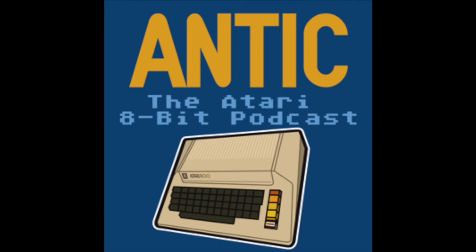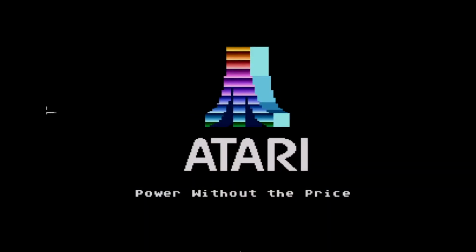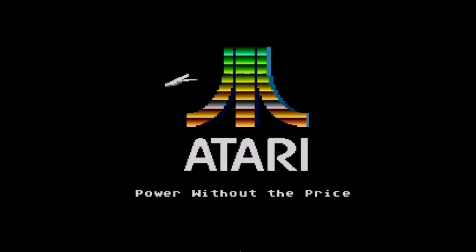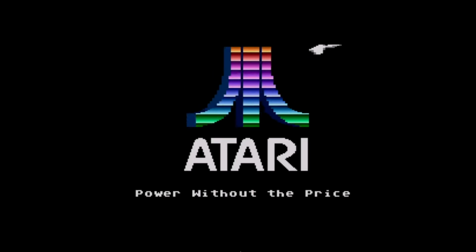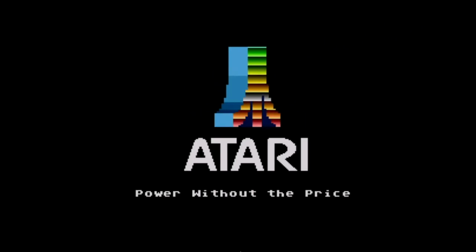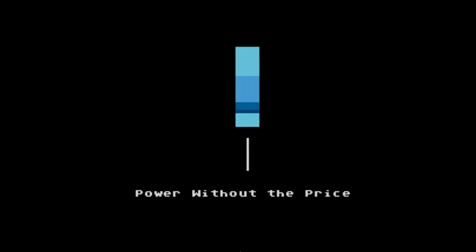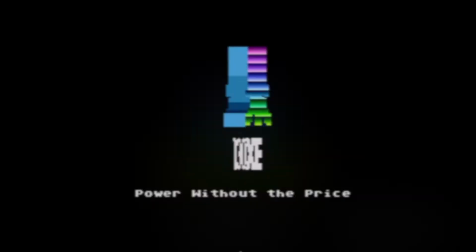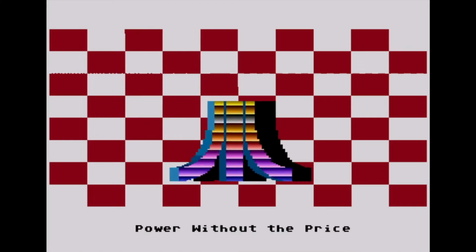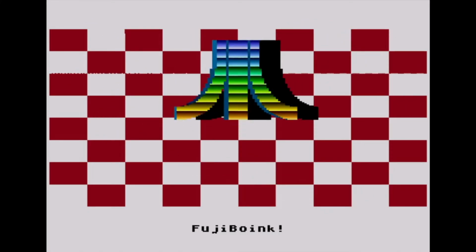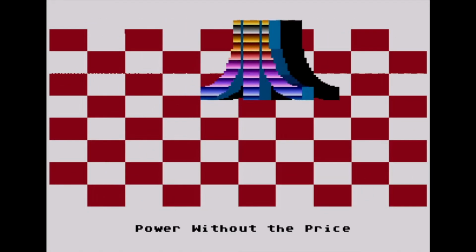I'm Kay Savitz. Michael Park created two well-known demos that are familiar to many Atari enthusiasts, the Swan Demo and FujiBoink. In the Swan Demo, a bird flies gracefully across the screen in front of a spinning Fuji logo. In FujiBoink, the Atari Fuji spins and bounces over a red and white checkerboard, reminiscent of the Amiga Bouncing Ball